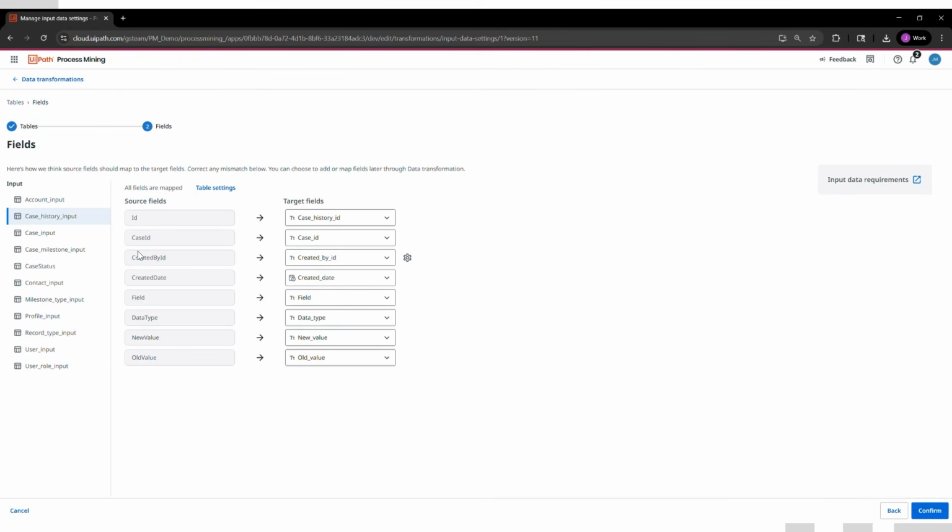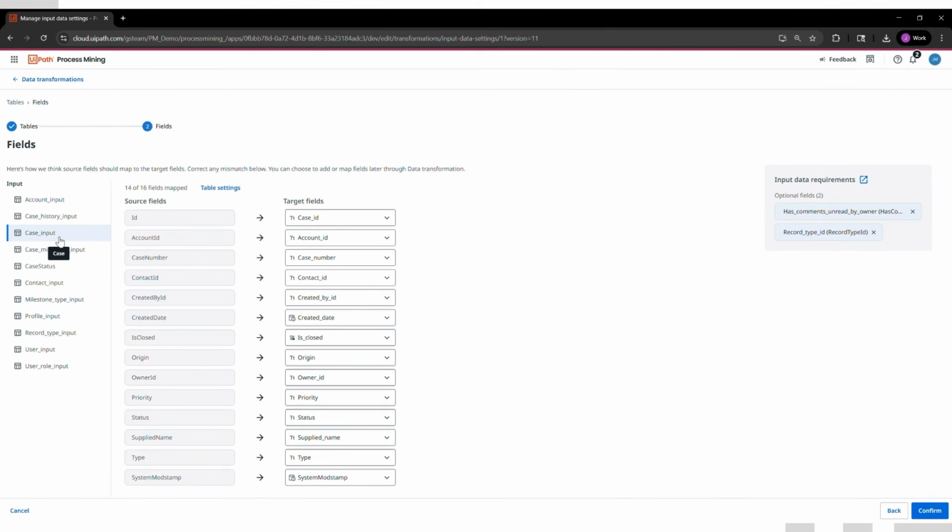And then I can get another level of granularity into the field level mapping, and I can see how those specific source fields from Salesforce are mapping to target fields within my Process Mining app. I can also then change this mapping if need be, and then I could go ahead and confirm those changes and re-trigger that